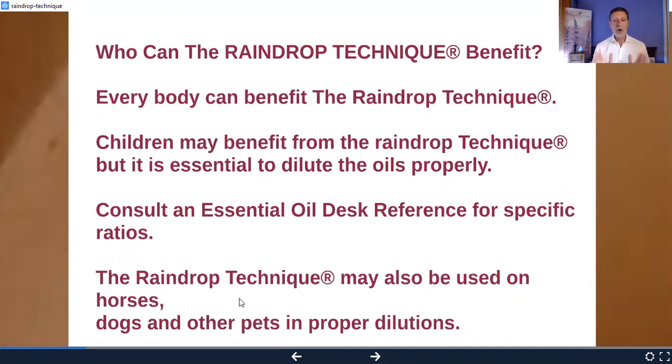You can also use the raindrop technique on horses, dogs, and other pets. Here, the same thing: we have to dilute essential oils properly, and we have all the references, all the books about animals, on how to use essential oils for that. One thing very important: we are working on the reflex zone of the spine, and you will see pictures later about where you put the oils and where you are doing effleurage and massage. It's along the spine,